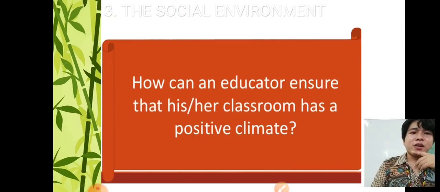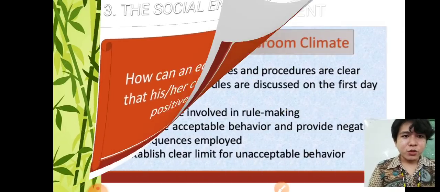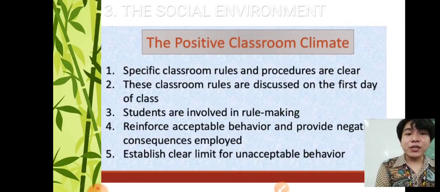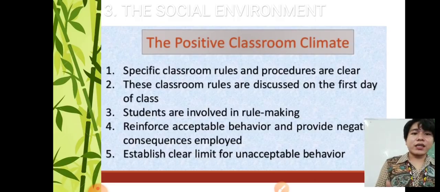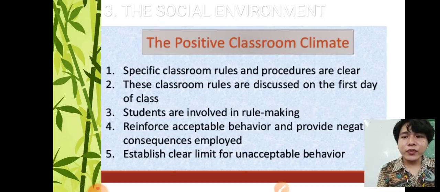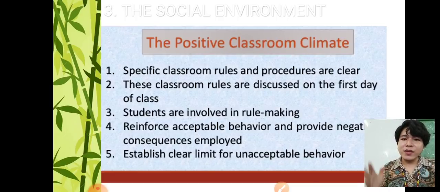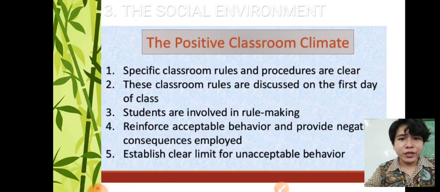That is why we tend to ask ourselves, how can an educator ensure that his or her classroom has a positive climate? Number 1, specific classroom rules and procedures are clear. That is why during the first day, it should be well stated. You also need to ask for clarification from your students if they have questions on a certain rule. Because in that way, establishing it during the first day will really help you to build a rapport or to build